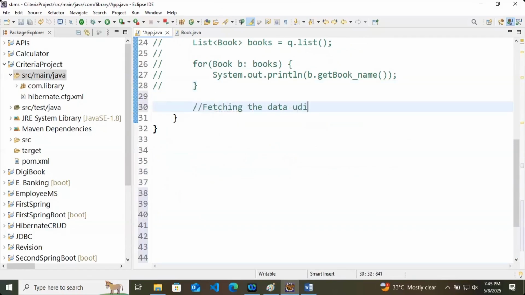Fetching the data using CriteriaBuilder. So let's understand.